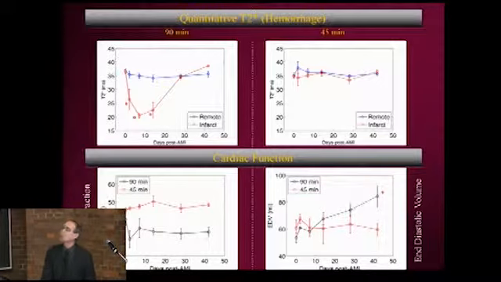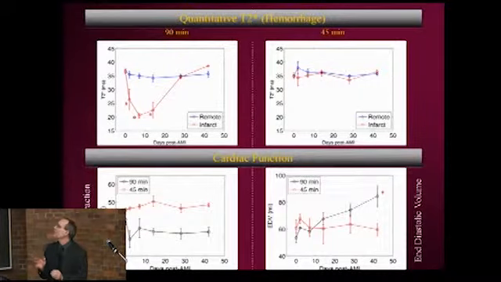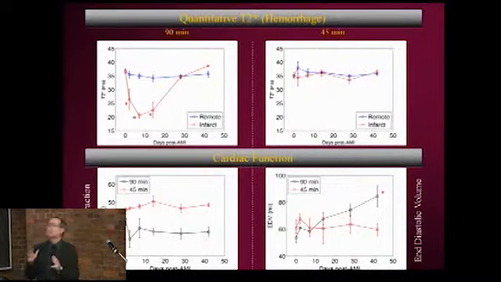Now, if we look at the ejection function, so more a reflection of how the heart's pumping, we certainly see in the severe infarct that the ejection fraction is lower. It's pumping less because it's probably got more damage to the myocardium, but at least in this model, it's not changing much. But the interesting thing is that if you look at the end diastolic volume, what you see is